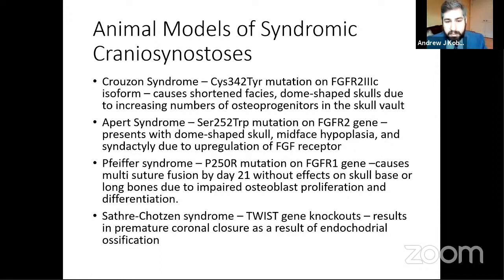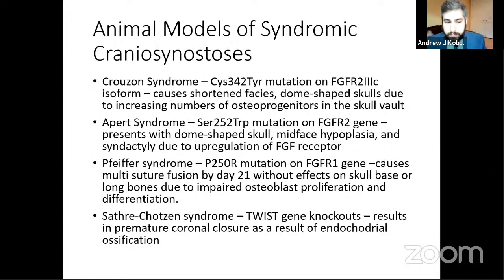Apert syndrome, we've understood to be a serine to tryptophan mutation on the fibroblast growth factor receptor 2 gene. It presents with a dome-shaped skull, mid-face hypoplasia, and syndactyly due to upregulation of this receptor. Pfeiffer's is a proline to arginine mutation on fibroblast growth factor receptor 1, which causes multisutural fusion by day 21 without any effects on the skull base or the long bones, and it's really a result of impaired osteoblast